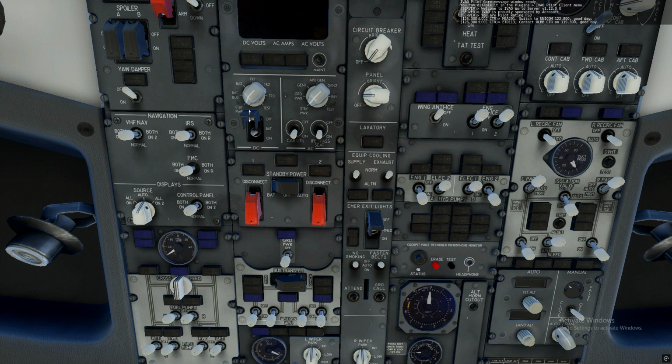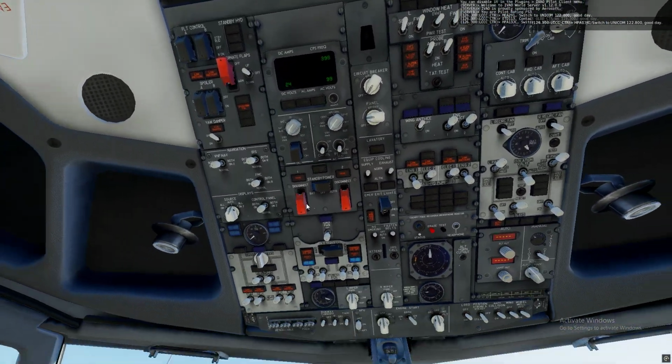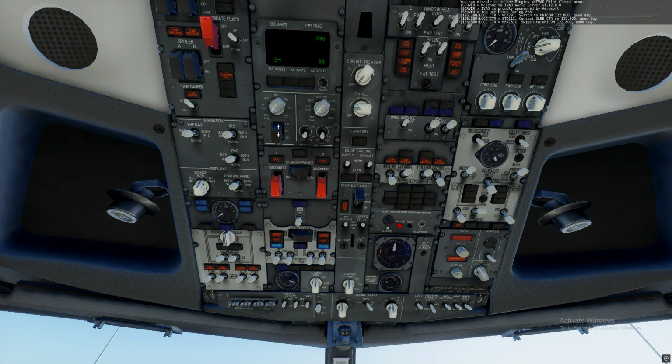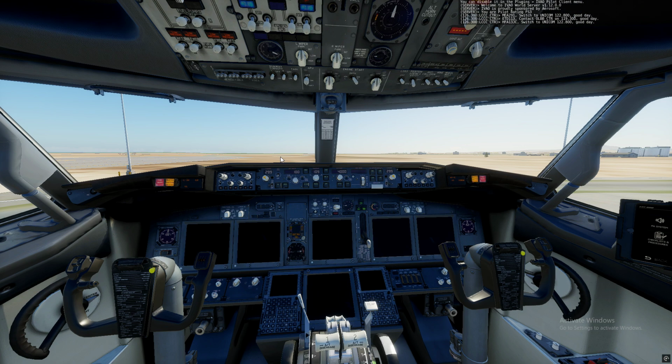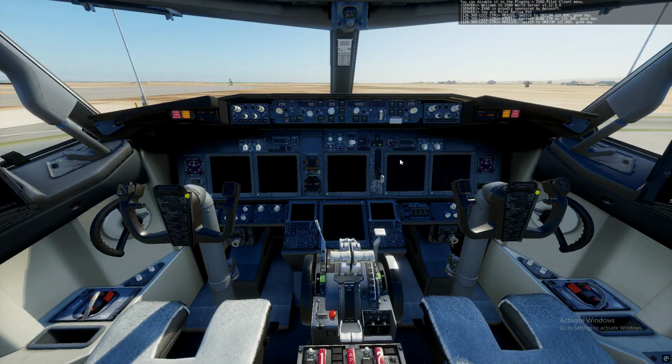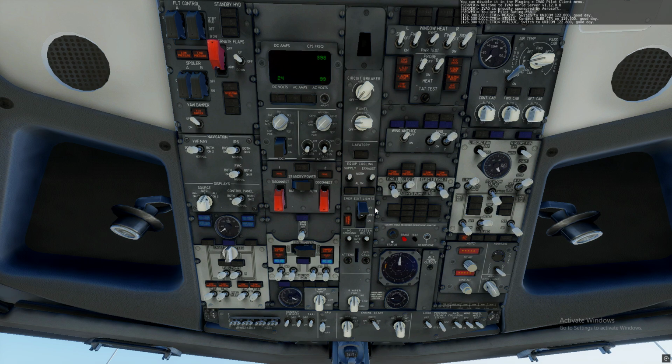this guard open. Once we close this guard, the battery will go to the on position and we will have power. Now notice we are running on the battery, so the battery does not supply the entire systems with power, so it will supply only the essential systems and mainly the left side, the captain side of the cockpit. So with that, now we have this. I'll close also emergency exit